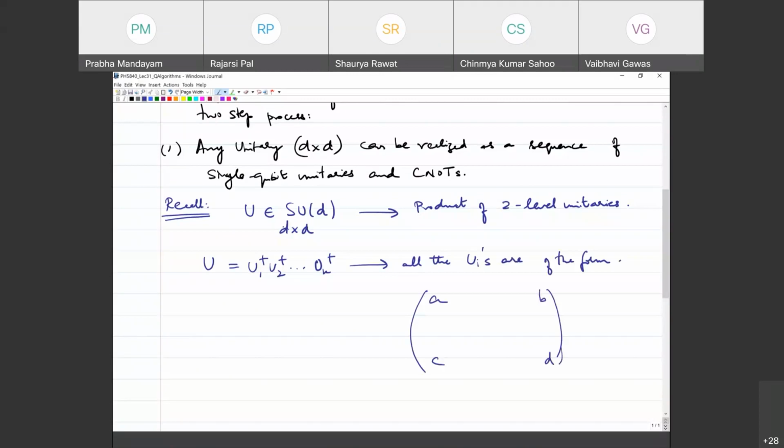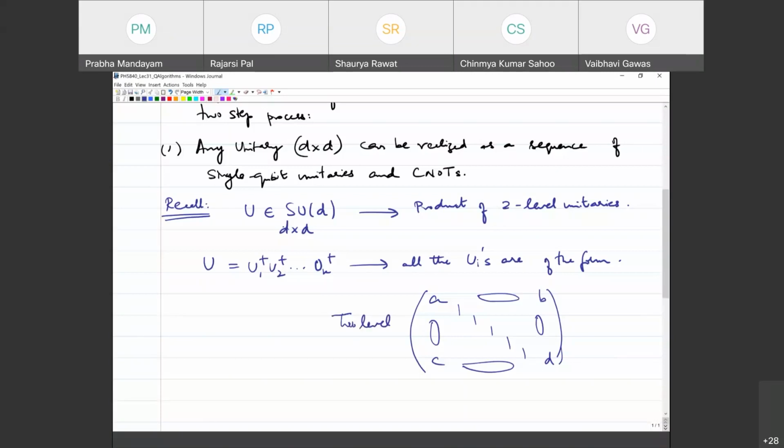And all the other diagonals are identity. Remember, I also made this error last time. So all the diagonals have to be identity, right? And all the other entries are zero. All the other off-diagonals are zero. And you have two diagonal entries and two non-diagonal entries, exactly. And these off-diagonal entries obviously have to sit in somewhat complementary positions so that this forms a unitary. So this is what we call a two-level unitary,